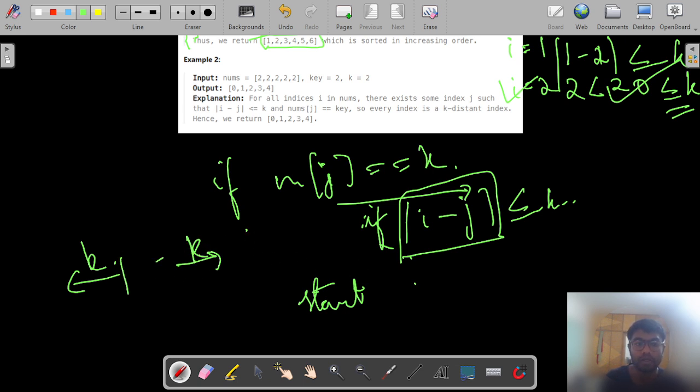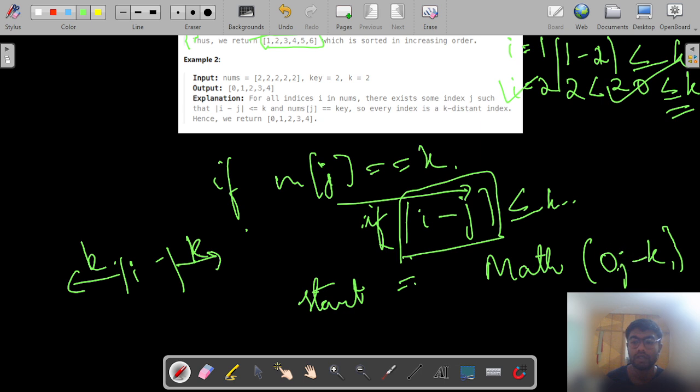So this would be, we can say, 0 to j minus k times, where j would be the possible values with respect to the key that we have given with the input here,